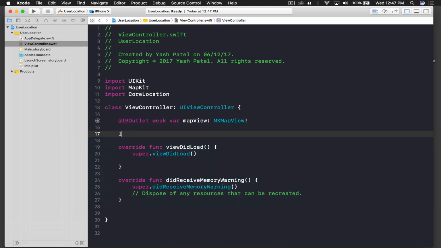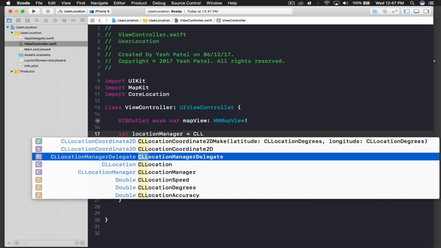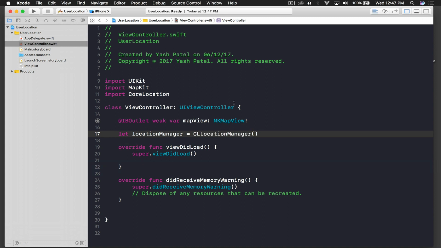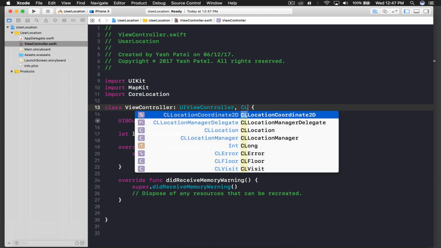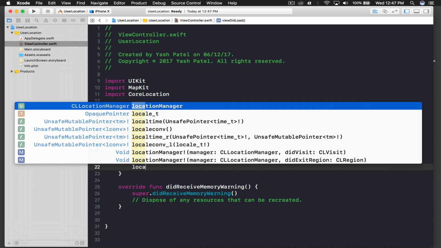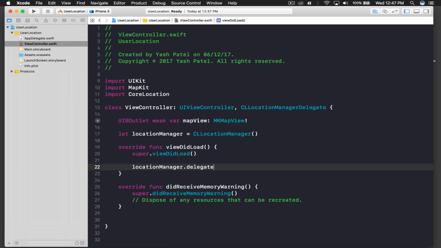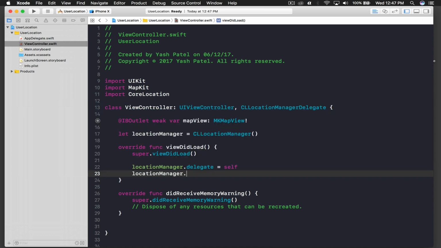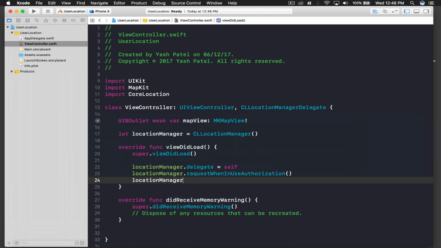We will say let locationManager equal to CLLocationManager, and open close brackets, and here we need CLLocationManagerDelegate. So I will say CLLocationManagerDelegate, and under viewDidLoad we will assign the delegate to our location manager. So locationManager.delegate equal to self, and now we need the authorization. So locationManager.requestWhenInUseAuthorization, and we will say locationManager.startUpdatingLocation, and go to the info.plist file